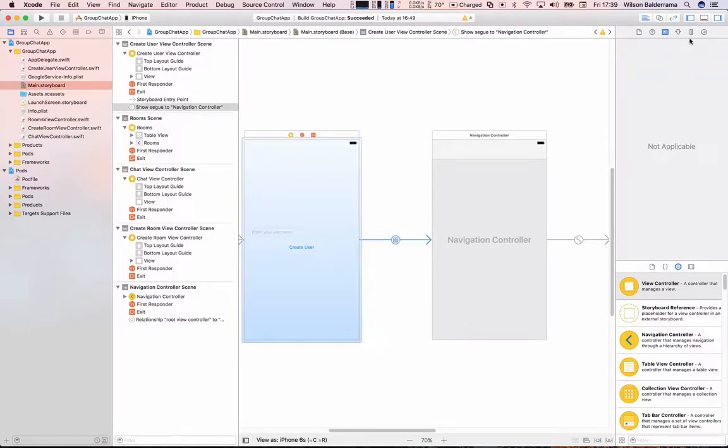I will name this segue in order to use it from Swift. So I will name it show rooms,